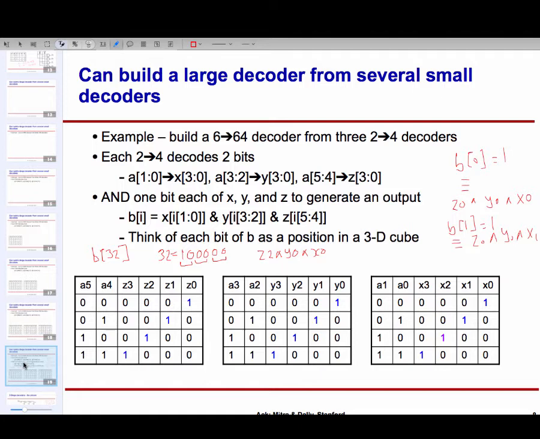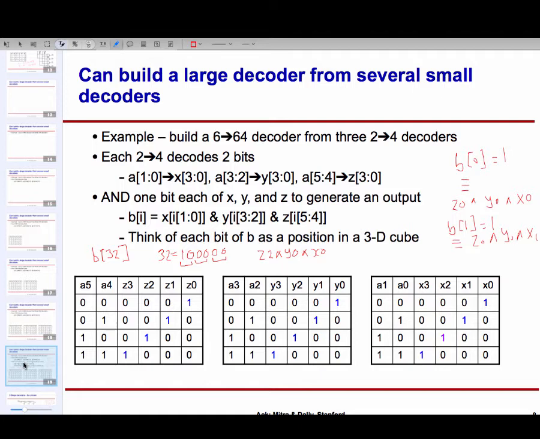Or for example, let's say my input was 1 0 0 1 0 1. If the 6 bits of A were 1 0 0 1 0 1, then I'll look here and say A5 A4 are 1 0. So that means Z2 should be high. A3 A2 is 0 1. That means Y1 should be high. And then A1, A0 are also 0, 1. That means X1 should be high.